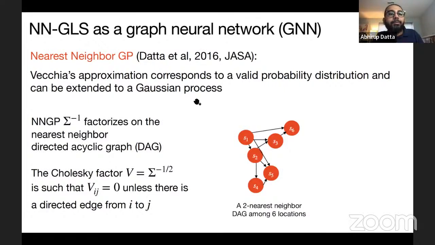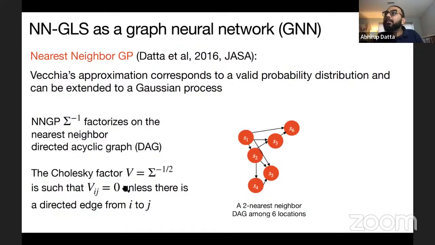The other property of this nearest neighbor Gaussian process that we'll use in the context of neural networks is that the NNGP sigma inverse is sparse, and it has a sparse Cholesky factor, which is equivalent to having a sparse directed acyclic graph among the locations. To clarify, if location J belongs to the neighbor set of location I, or location I belongs to the neighbor set of location J, the Cholesky factor of sigma inverse will have the ijth component non-zero.